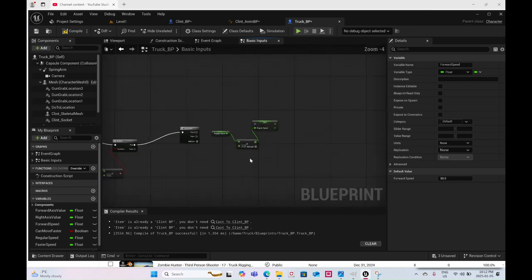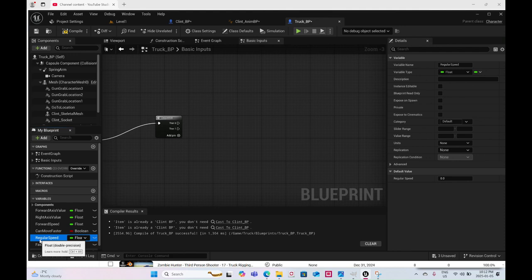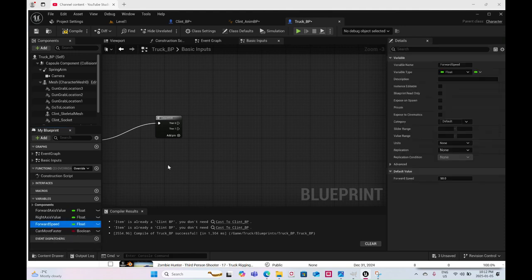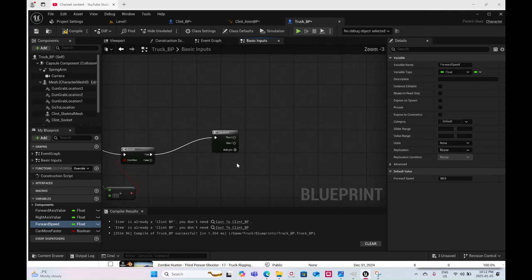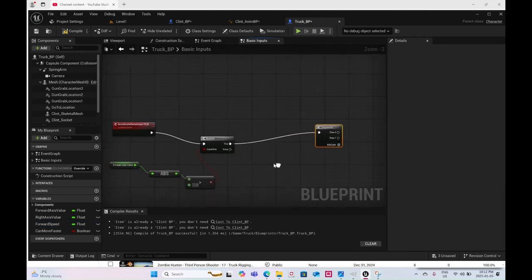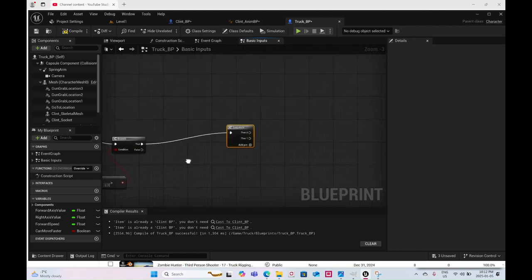So these two variables I want to get rid of. I'm going to use the original forward speed that I created. So basically, if forward axis value is greater than 0,